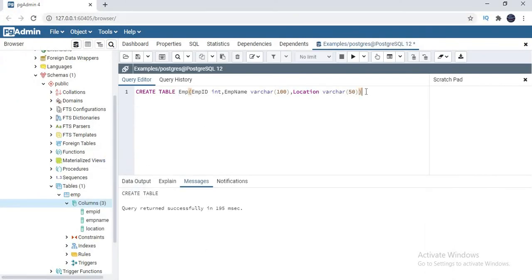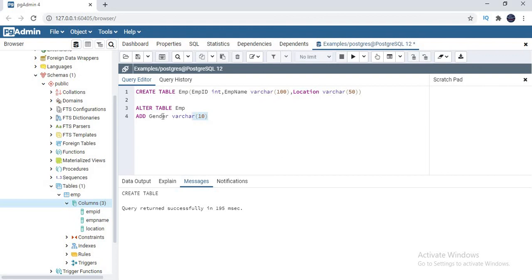Simply, I want to add one more column to the existing table. So how to do that is I need to use the alter command. Alter table, name of the table emp. I want to add the column, so that time what I need to put is add. The name of the column I want is gender. I can use varchar of, let us say if I want to keep it as male or female, I can put it as 1 or I can put it as 10. I want to go with the full spelling, so I'll go with 10.